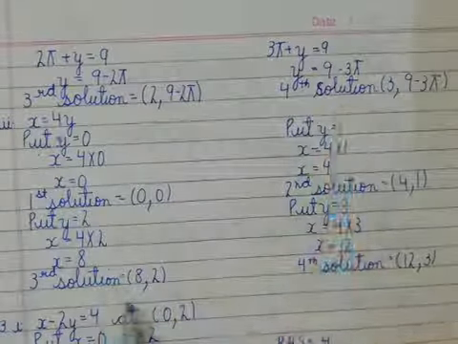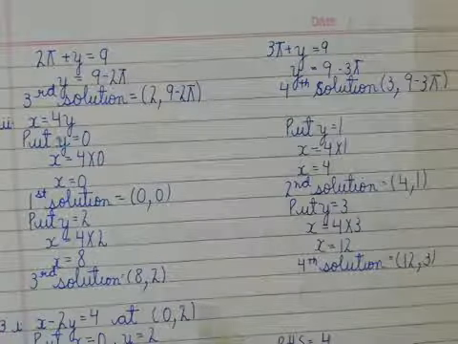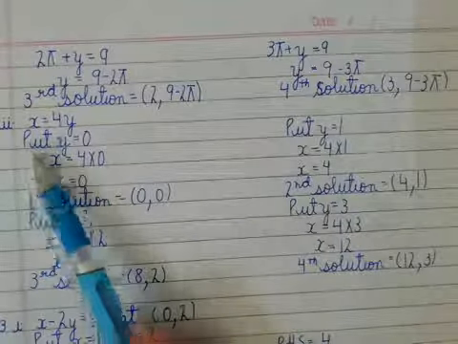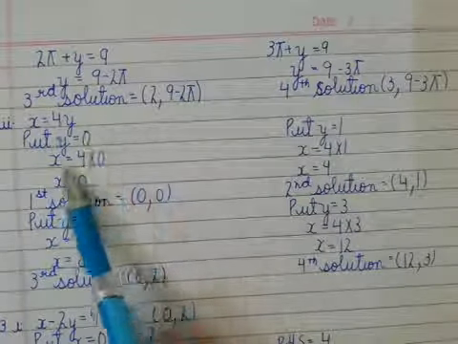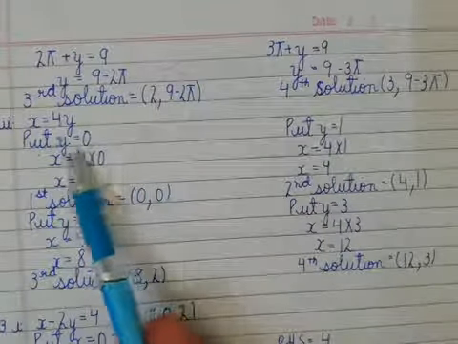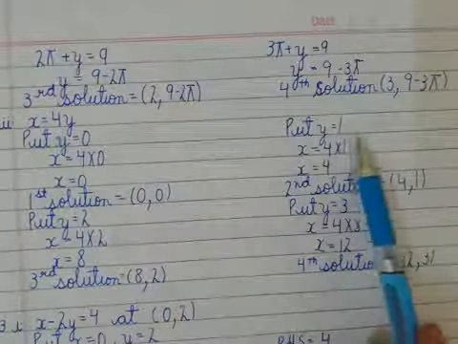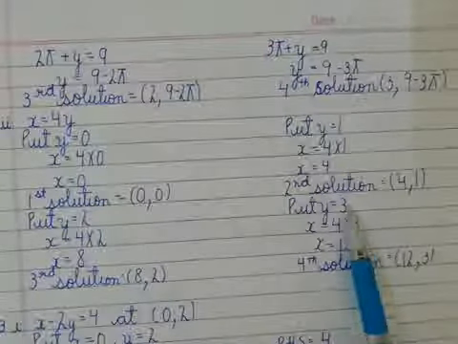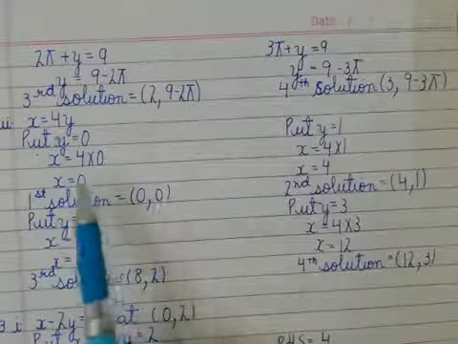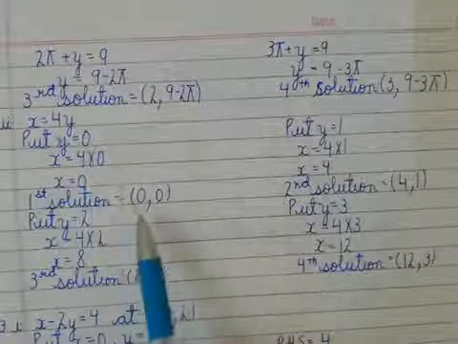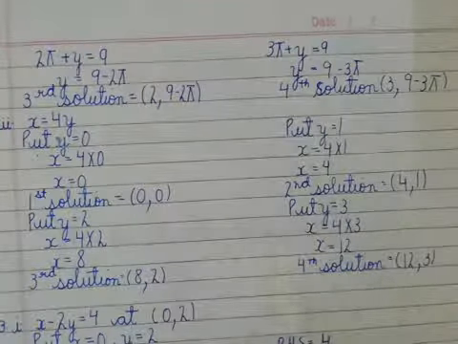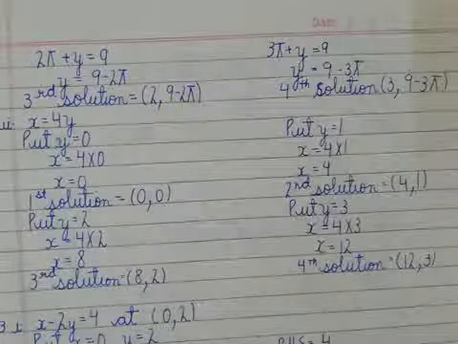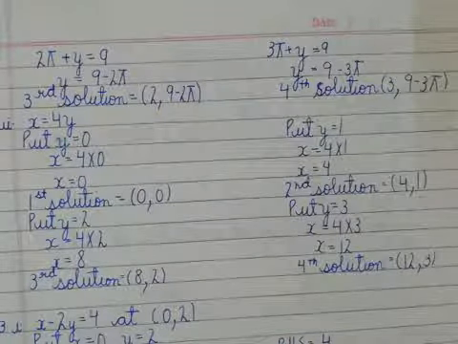Same we have to do in the third part also, that now this time we put y is equal to 0. It's our wish, we may put the value of x or of y. So this question is done by putting the value of y is equal to 0, then y is equal to 1, y is equal to 2, y is equal to 3. So like this, while putting the values of either x or y, if you put the value of x, then we get y, and if you put the value of y, then we get the value of x.